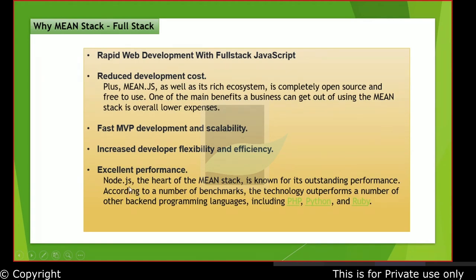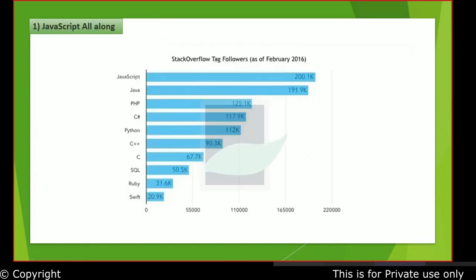The best thing is your performance. If you look at the performance of a Node.js application, it is pretty much outstanding when you compare it with any of the competing languages out there like PHP, Python, or Ruby. If you just compare the performance of these applications which are built on MEAN stack, there are pretty good benchmark stats which are provided to us online, so you can just have a look at it. That is another push why clients are going towards MEAN stack development, because it is pretty performant, because of the way it has been built. We'll speak about why it is more performant.